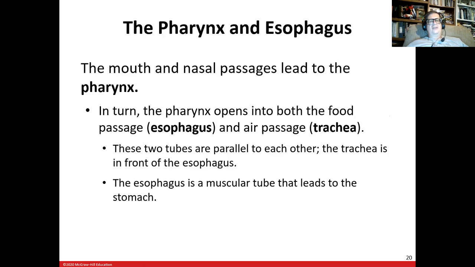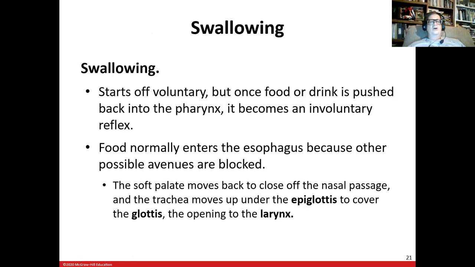The mouth and the nasal passages both lead to the pharynx. The pharynx opens into the esophagus for food and the trachea for air. The two tubes are parallel to each other. Like I said, the trachea closer to the front and the esophagus behind that, okay? So the trachea in front of the esophagus is a muscular tube that goes all the way down to the stomach. When you swallow, you start out doing voluntary movement with your tongue and your upper esophagus, but once you